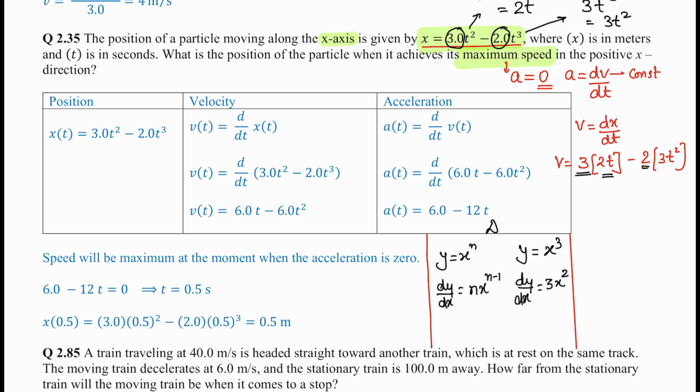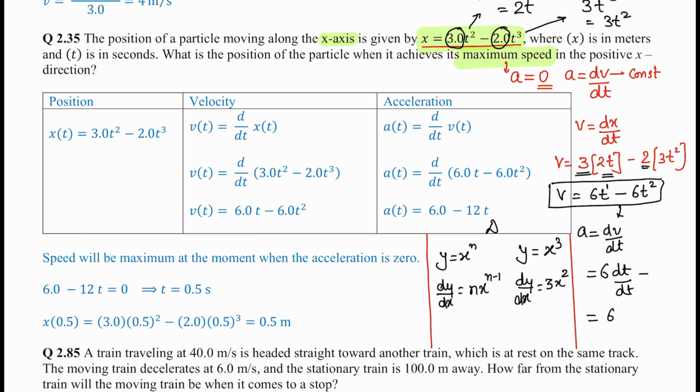Do you understand? This is your velocity. So velocity is 6t minus 6t square. Till here clear? Okay. Now, what I told you, we have to find maximum speed, means acceleration should be 0. So, a should be equal to dv over dt. Solve it. 6 outside. Power of t is 1. So, dt divided by dt cancels out. So, it will become 6 plus or